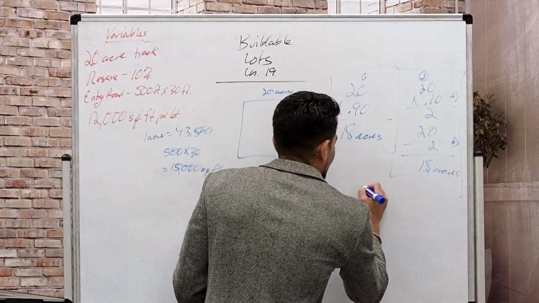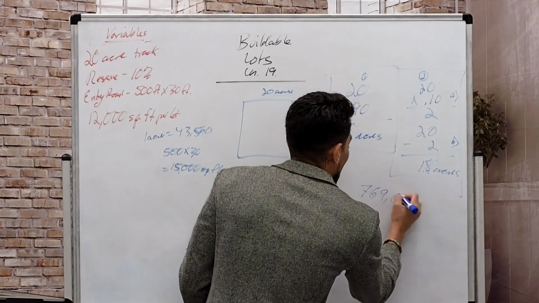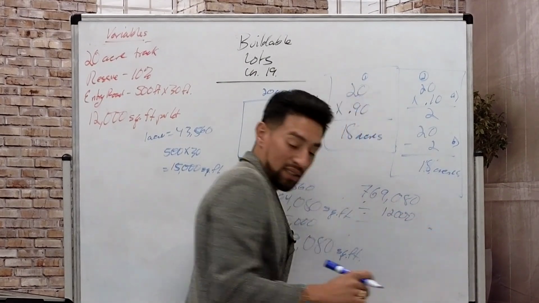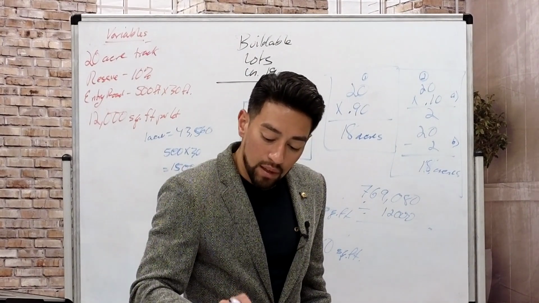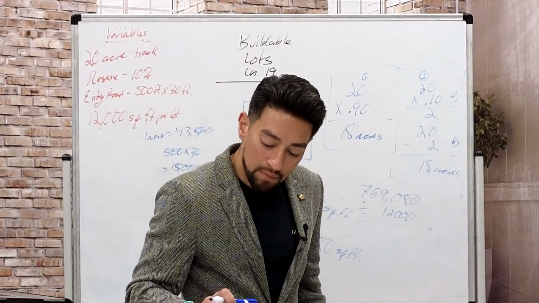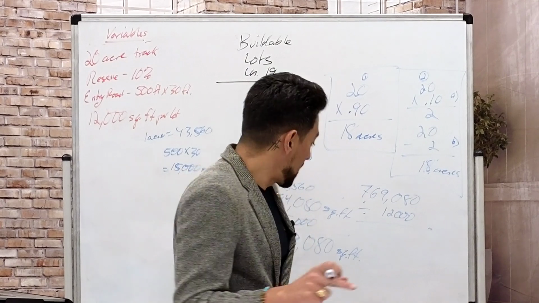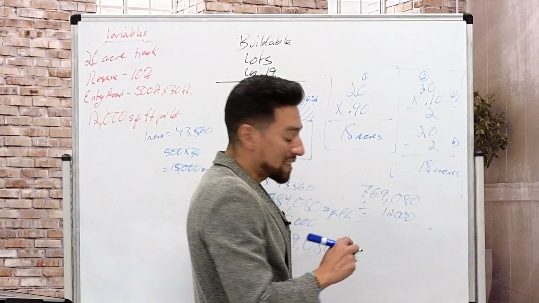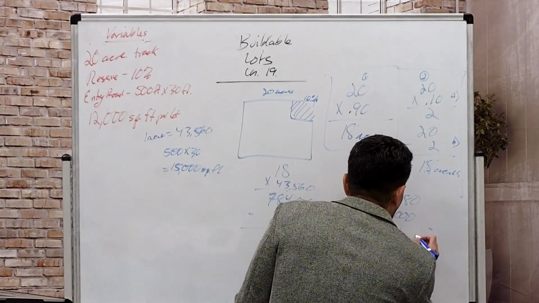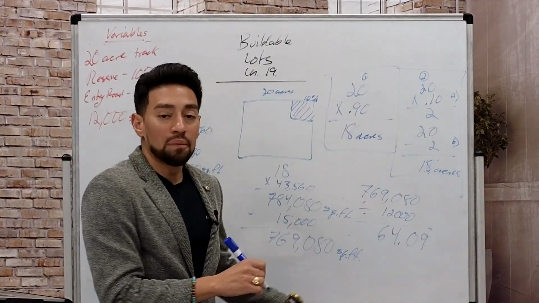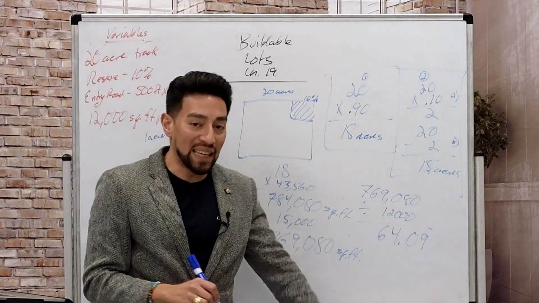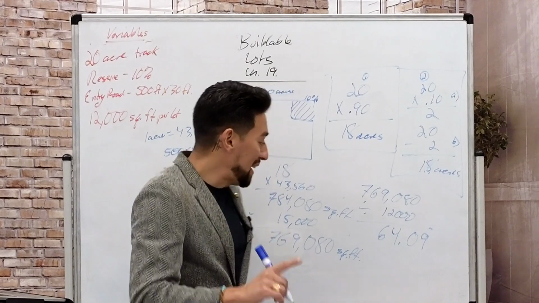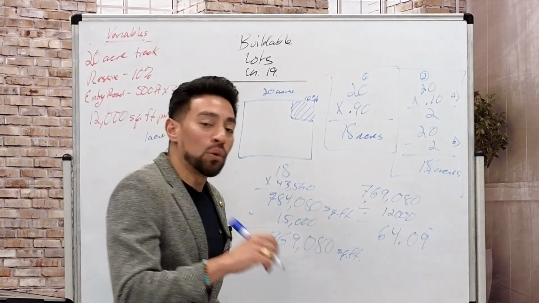So now I take my 769,080 divided by 12,000, which is each lot, and that will give me 64.09. Now guys, be very careful with an answer like this, because